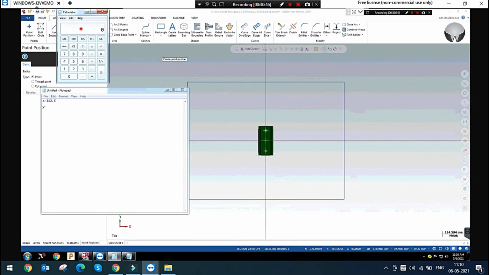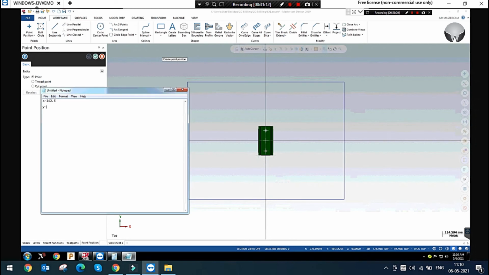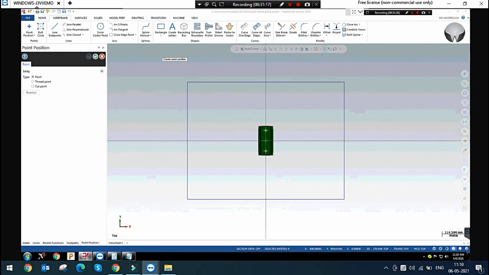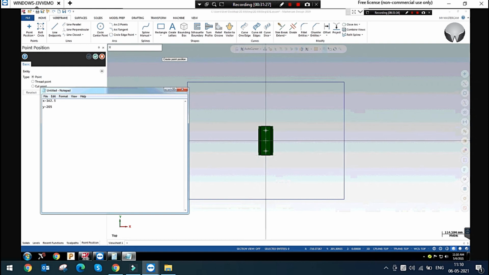Now I am defining the y value, minus 300 minus 20, 280, minus 205. I will create the point x. What is the x point?